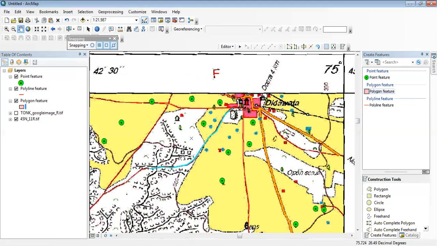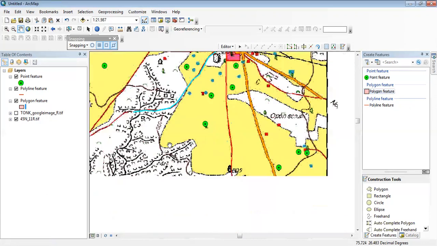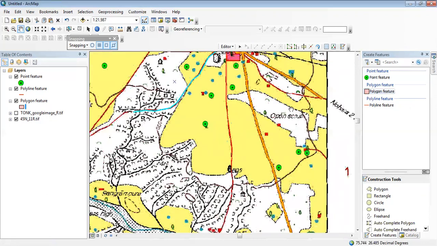In this topo sheet we can see some open scrub land, so we can digitize the open scrub land as a polygon feature, polygon layer. So just click on this, just like this, and we can draw a polygon to represent our open scrub area